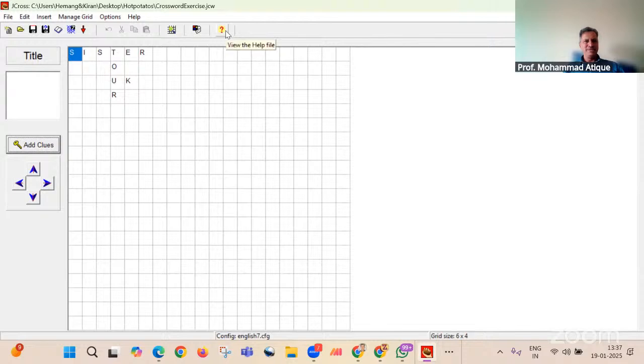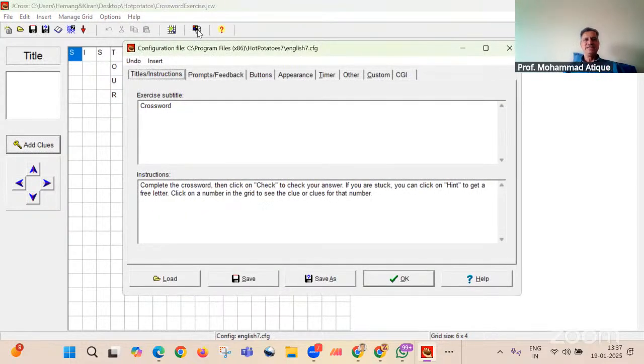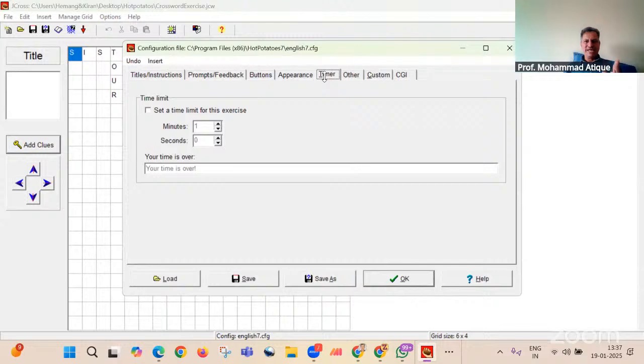This is your help. Don't go to help, directly go to the configuration screen. You can configure your output. If you do not, it will take the default color layout. But there are very many things which you can do in the configuration menu. I'll demonstrate a few of them. You can very well set the timer. Let's say there are only 3 keywords, so let us set the timer to 3. Whatever text you wish to appear at the end of the examination, such as your time is over, you can put here.